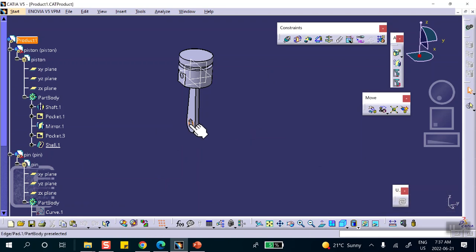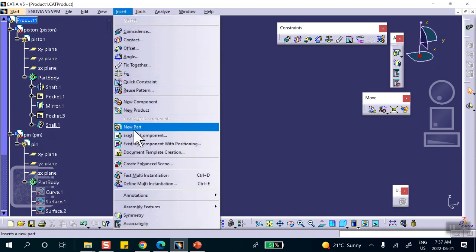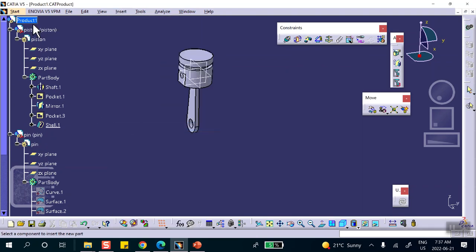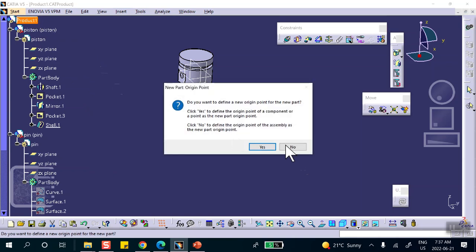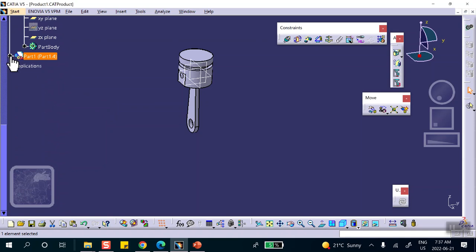Okay, let's do the crank now. So on a convenient plane, on the same vertical plane, I will sketch. Oh, sorry. Oh, be careful. This can happen, and it's very common. So insert a new part. Don't do the other part in the thing that you were just doing. Insert a new part. Right click, properties,